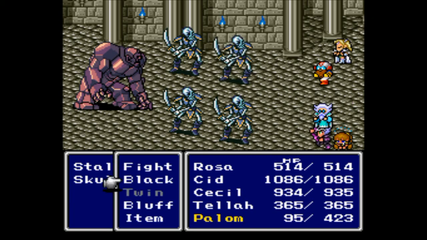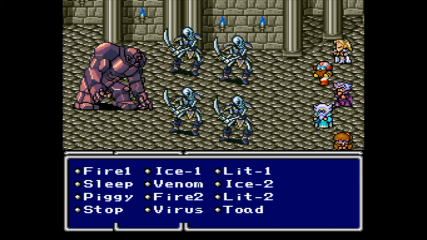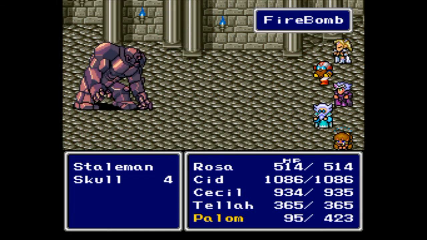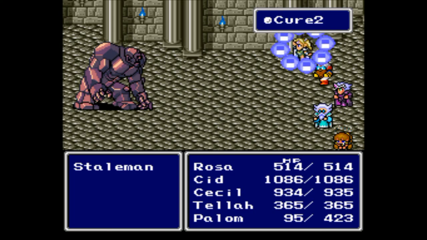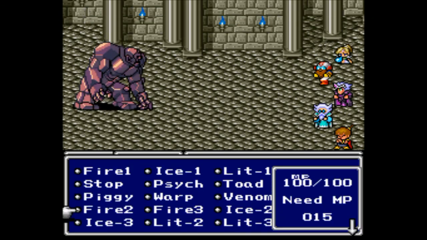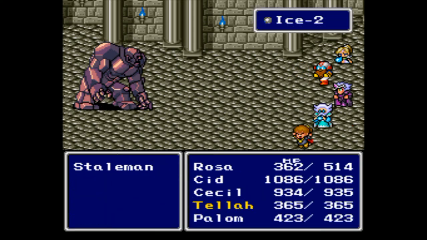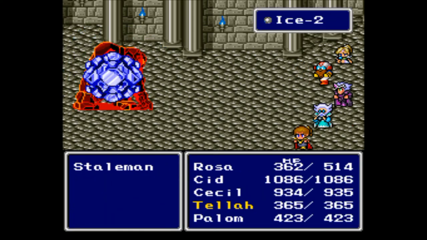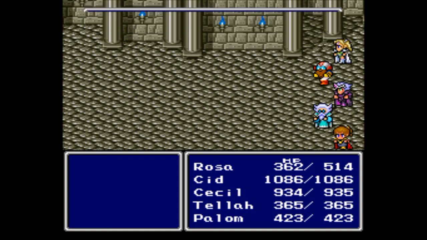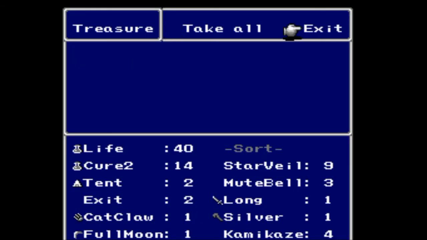Pretty sure the only thing we really are worried about here is that Staleman. But with only one of them, I'm less worried. Staleman are weak to ice. There we go. And part of the reason we're doing this, okay, Pelham just got Quake, there's a good start, is because each